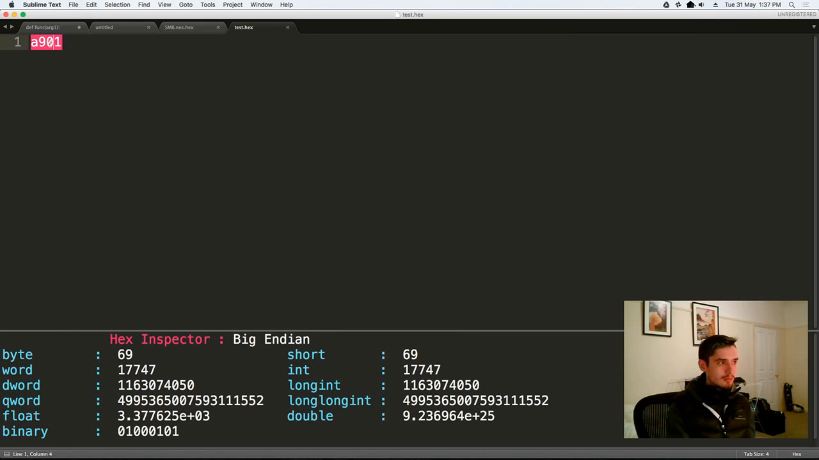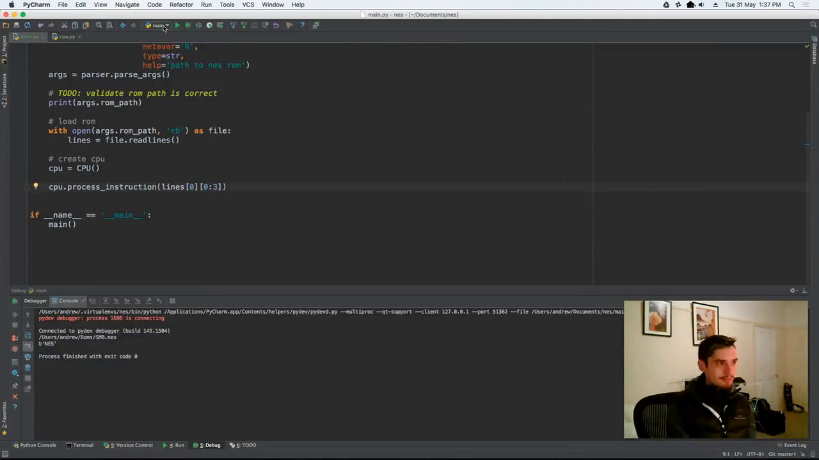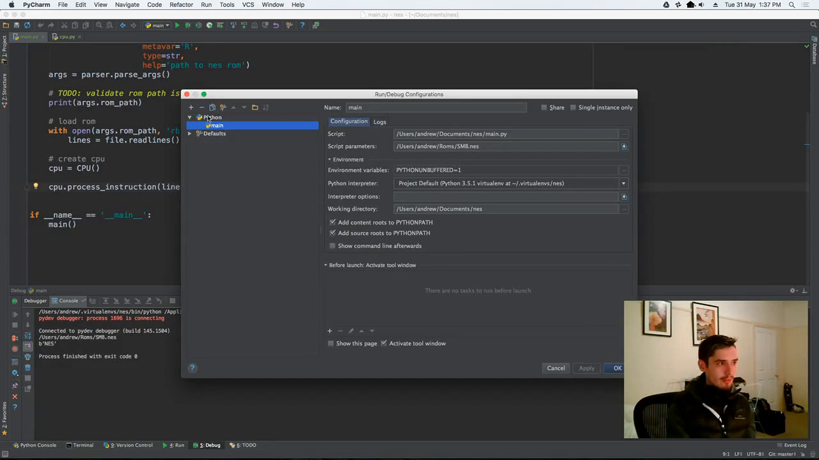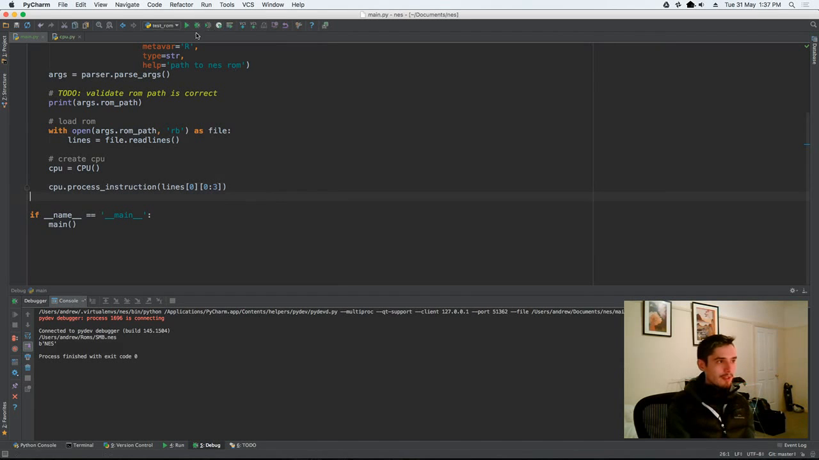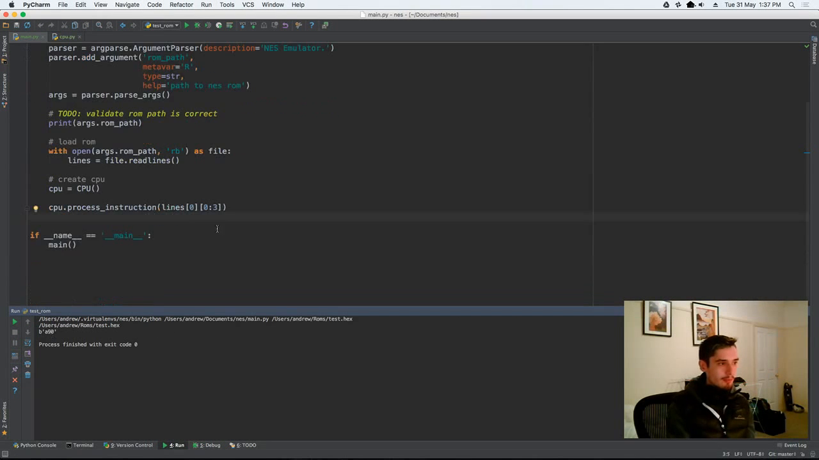Cool. 69. Perfect. So now when I come back to here, I'll create a new configuration, which is going to be called the test ROM. And in my command line argument, instead of calling that, I'll pass in test.hex. So now when we run this, that should be passing in our test ROM, and the first bytes that we're going to get